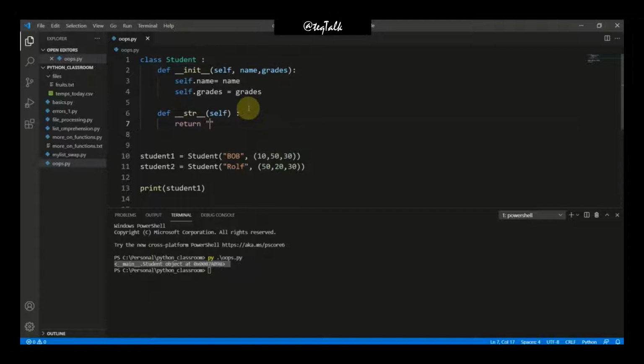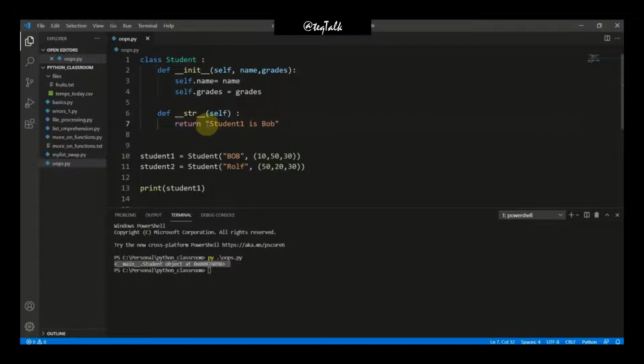Now what I will return here, we should return one sensible string here that will represent our object, so that the user who will use our code can print our object and can understand the information about the object itself. That means we can write it like this: student 1 is Bob, right?